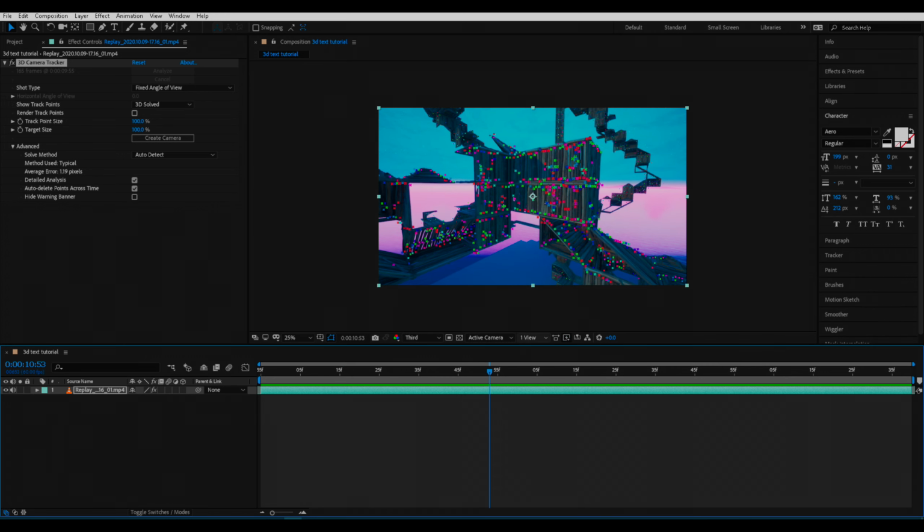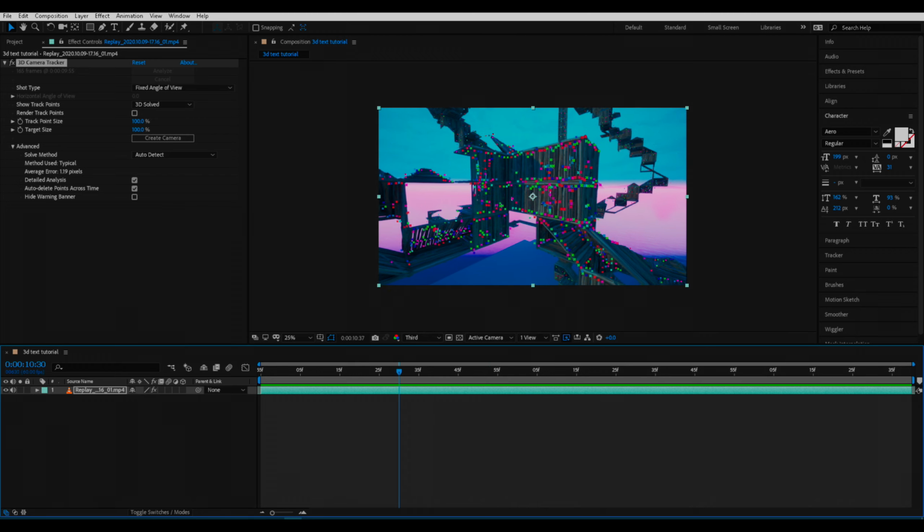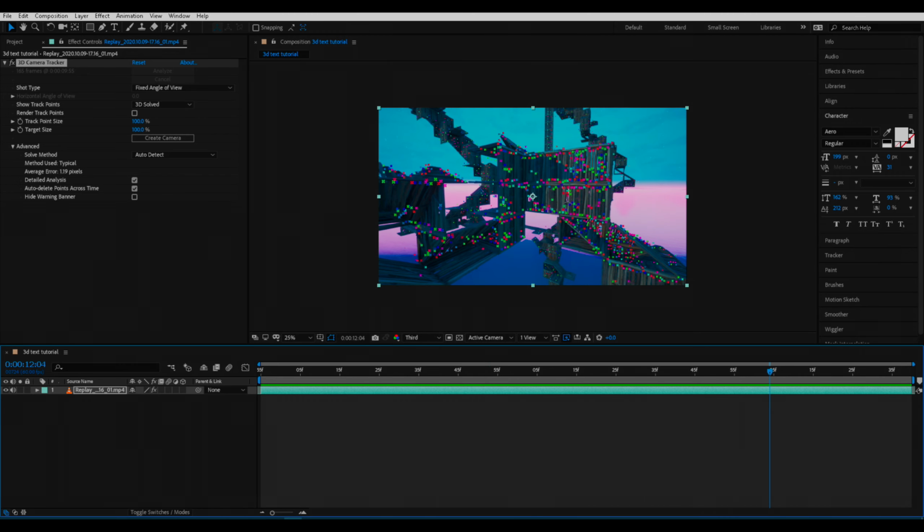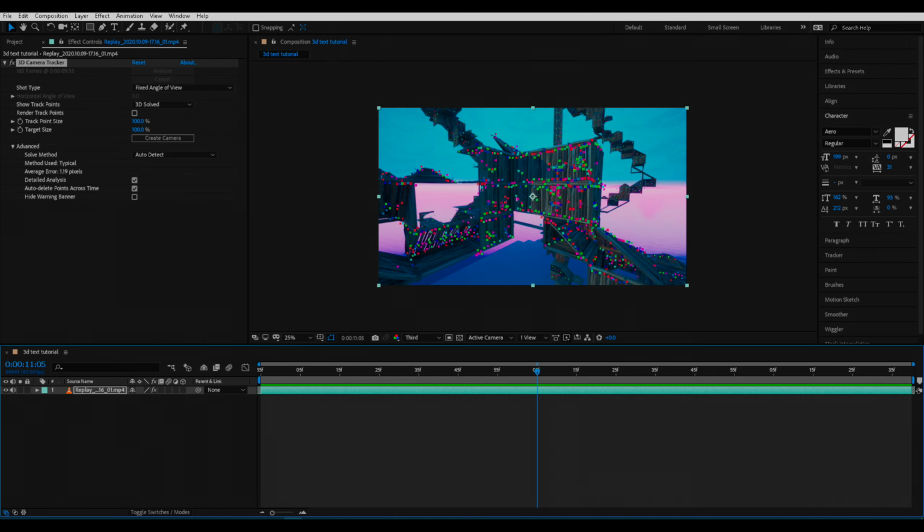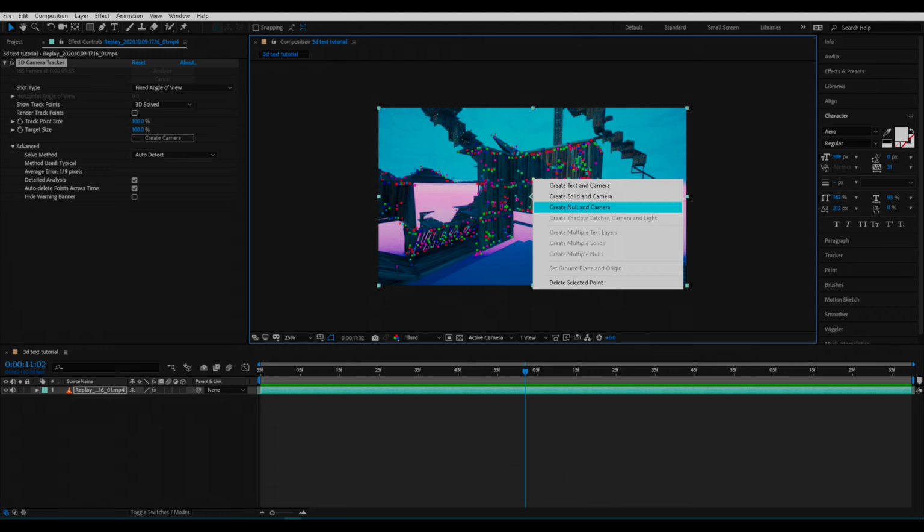Okay, so I found my particular point, and it's gonna be right here. It's a small green one. It actually goes throughout the entire cinematic and it doesn't disappear. That's what you want to look for. That's how you know that it's fully motion tracked. So what I'm gonna do is I'm gonna click on it, and then I'm gonna right click and hit create